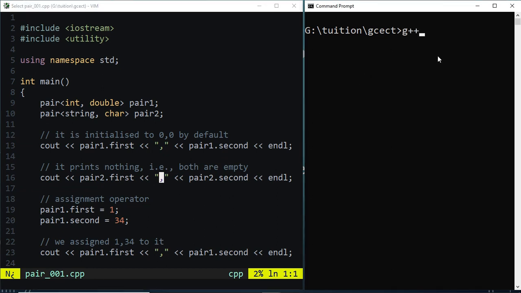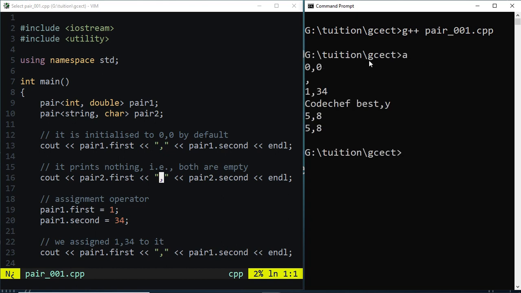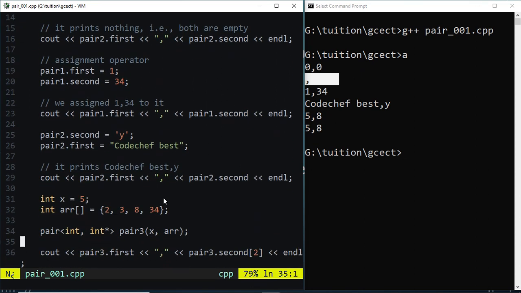I am using the GCC compiler, but feel free to use any compiler, say Clang, and we indeed see that the first is 0, 0 and the second line is empty. Now let's look at how we assign values. If it is empty, it is of no use. We need to assign values. So we are assigning values,